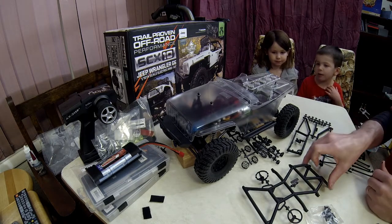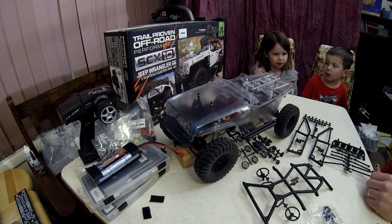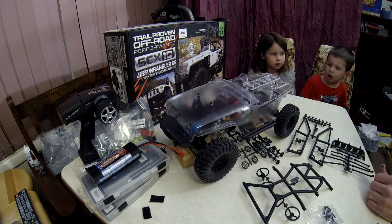Yeah, we don't drive it outside. It has a little bit more torque. Mine